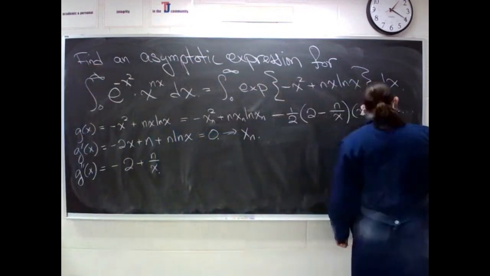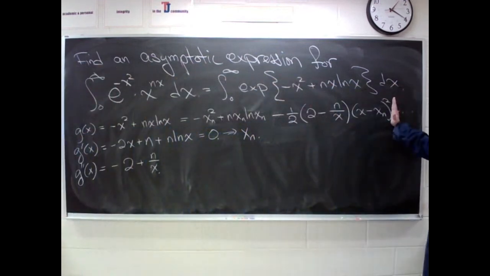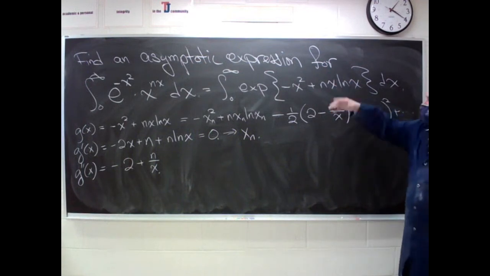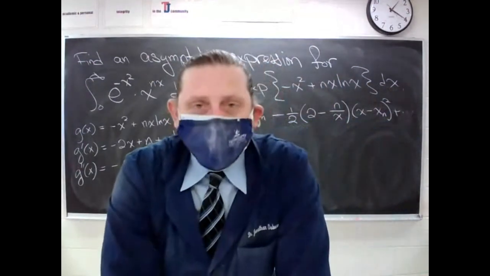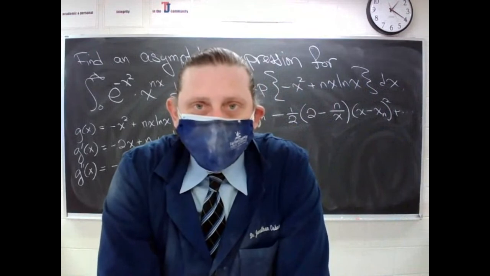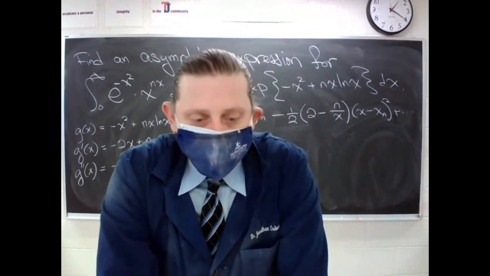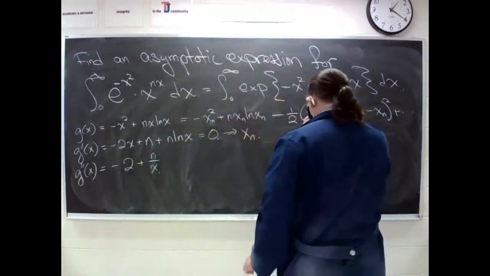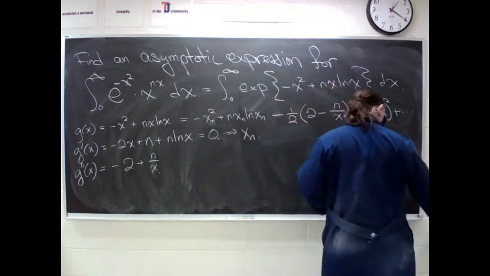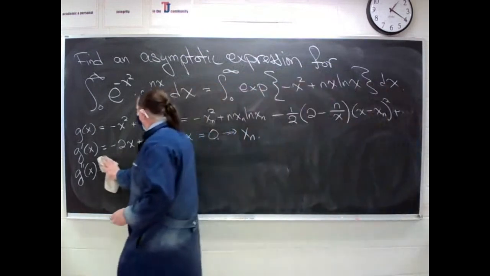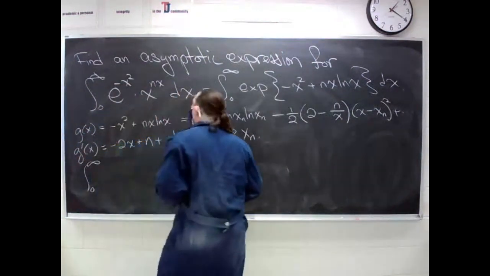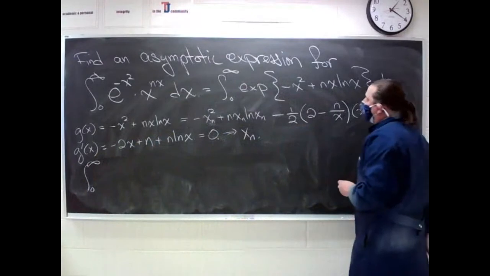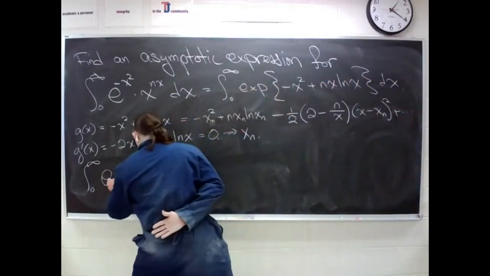Step 5. Truncate the Taylor expansion at the quadratic term, throw it into the integral, take out the constant, and integrate the rest as if it was a Gaussian, because it almost is. All right? So the way that that process works is like this. We have the integral from 0 to infinity of e to the